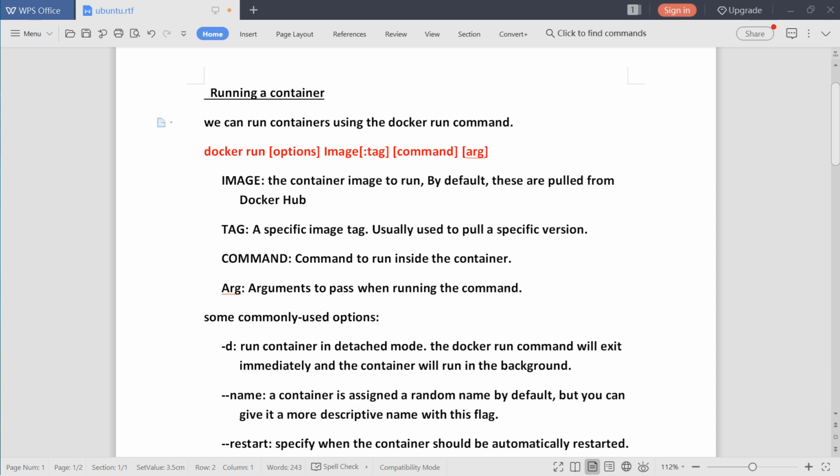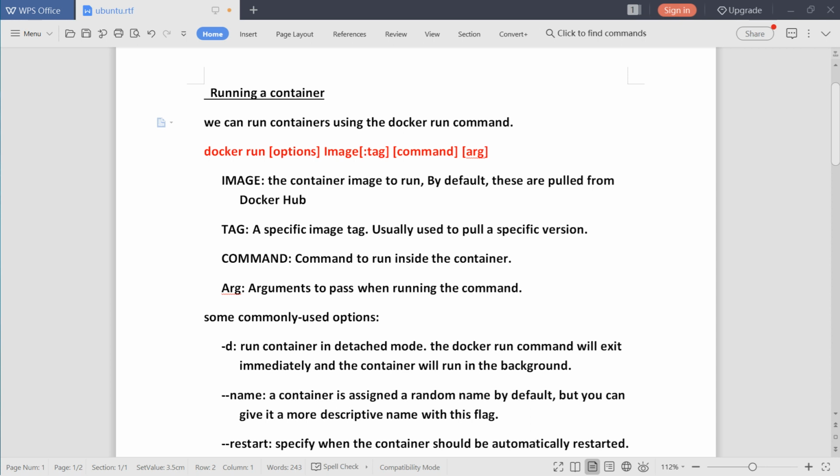Now we can see the other fields. Image: the container image to run. When we run the image, it will convert into the container. By default, these are pulled from Docker Hub.